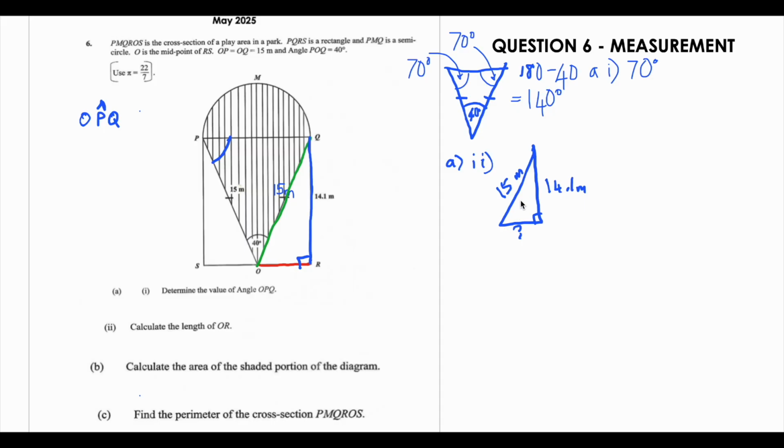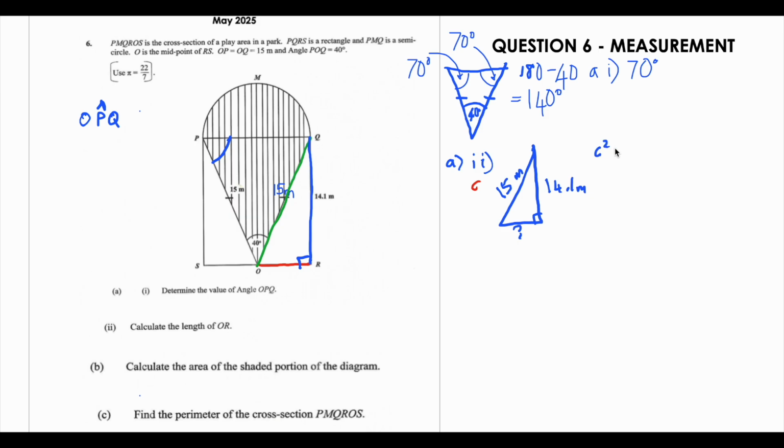I could either use Pythagoras theorem, and I can do that because I have two lengths. Or I could work out the angle that's here and try to work it out as well. And if I do it that way, I would use SOHCAHTOA, or sine rule or whatever the case is. Now, in this case, I know that this represents C in the Pythagoras theorem formula, which is actually